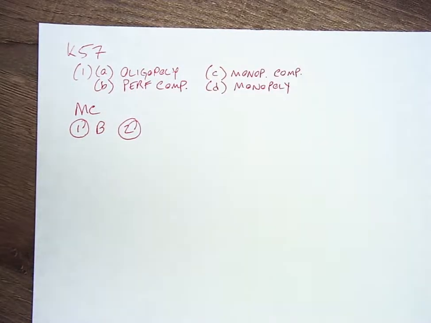Number 2. Which of the following is true for a monopoly? There is only one firm. Okay, that's a true statement. The firm produces a product with many close substitutes. That's not true, because if it were, then it wouldn't really be a monopoly, right? You'd have multiple firms producing similar products, and so it wouldn't be a firm producing a unique product like a monopoly does. The third statement, the industry has free entry and exit. Free entry and exit means it's easy to shut down and to start up a new company. If it's a monopoly, it wouldn't be a monopoly if it was relatively easy to start up a new company or to quickly exit the market. So we'd say that the third statement is also not true. So the right answer is A, one only.